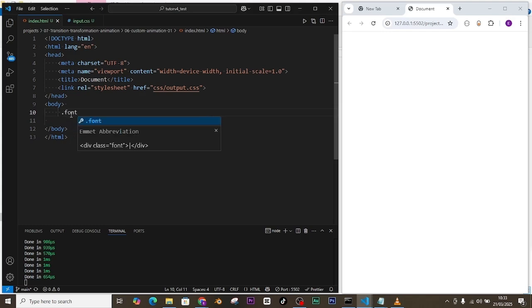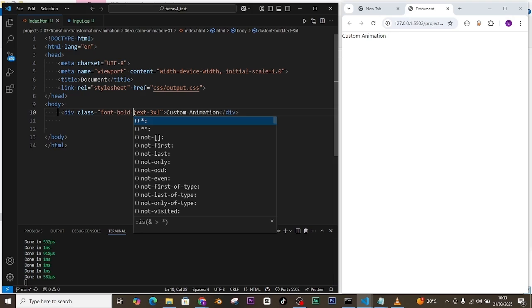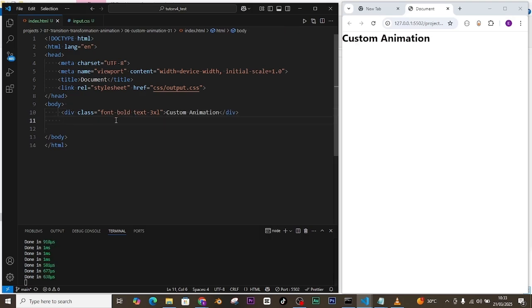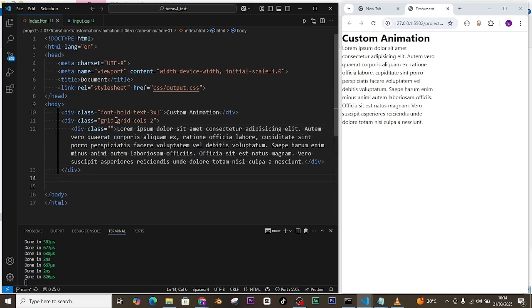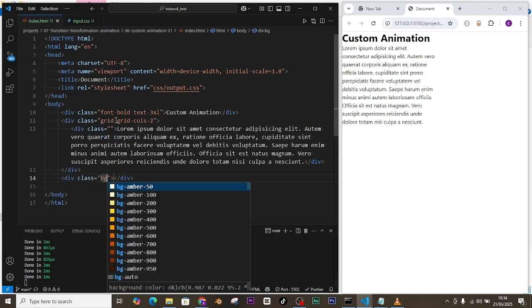I'm going to create a heading that is font bold and text 3XL, and in there I will just put custom animation. And then I'm going to create a 2-column grid that will take in an image and some text. So I'll say grid cols 2, a 2-column grid, and in between will be a text that is lorem 50, and then after that I'm going to create an image that I have stored